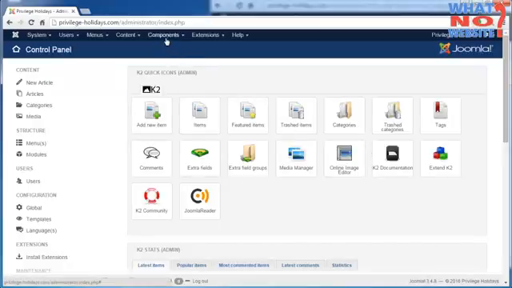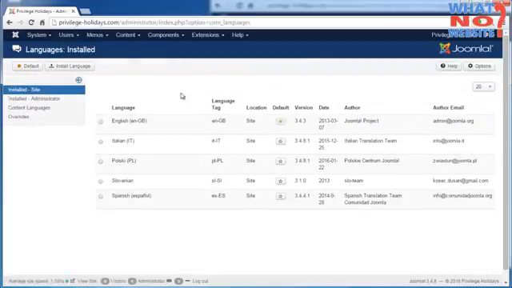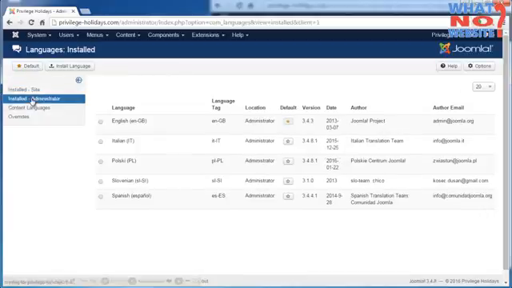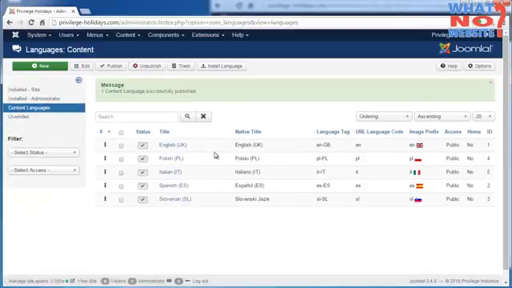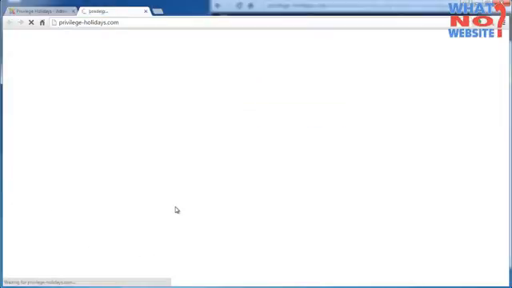Okay, so the first thing we need to do is just check that the languages are installed, and you'll see here all the languages are installed on the site that we need in the administrator backend, which is here, and the content languages, the languages for the actual menu items, the articles, etc. And I'm just going to turn Spanish on while I do this demonstration, and I'll show you why. If I just click here and open up the website,